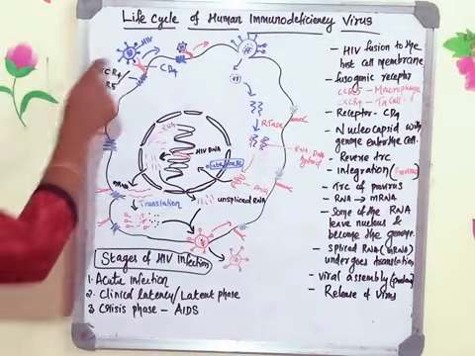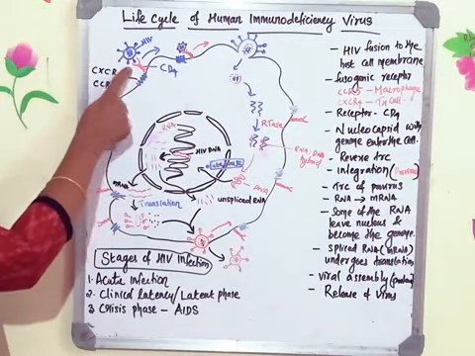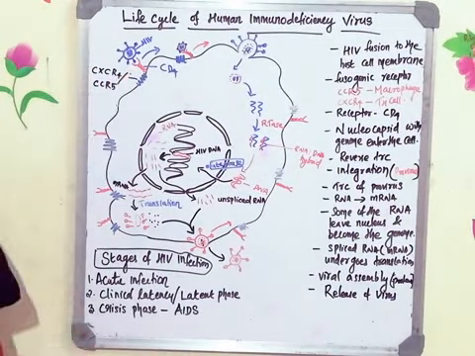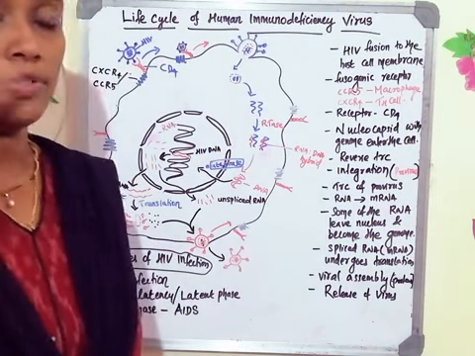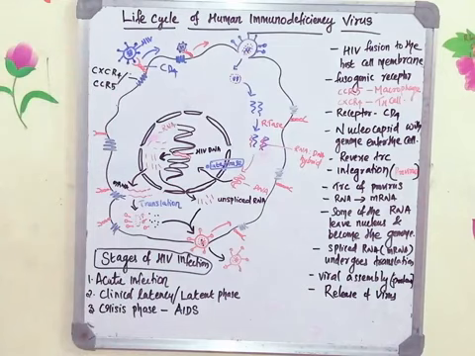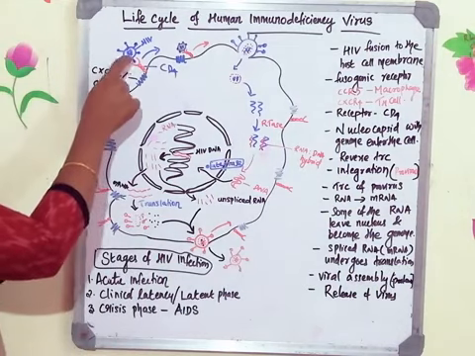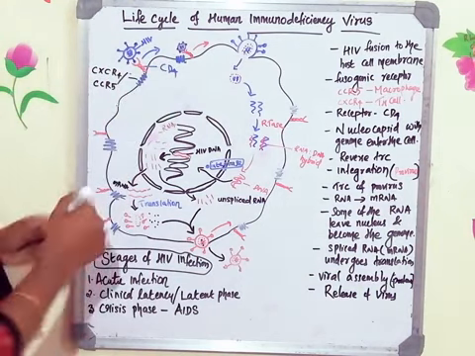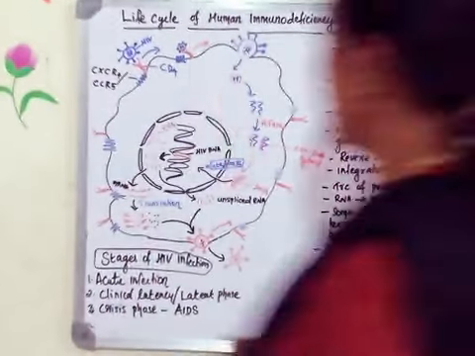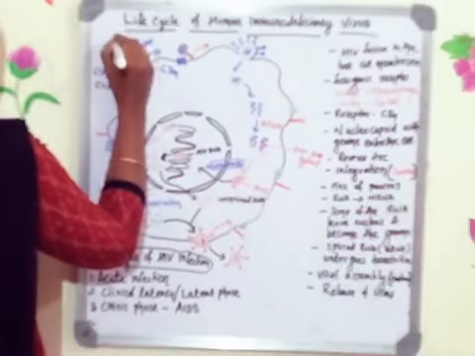You can see clearly in this diagram, first HIV binds to the CD4. Yesterday I told you that the glycoprotein projections on the HIV surface are the ones that bind to the CD4 receptor. So glycoprotein 120 binds to the CD4 receptor. This is the first step: binding of HIV to the CD4 receptor.